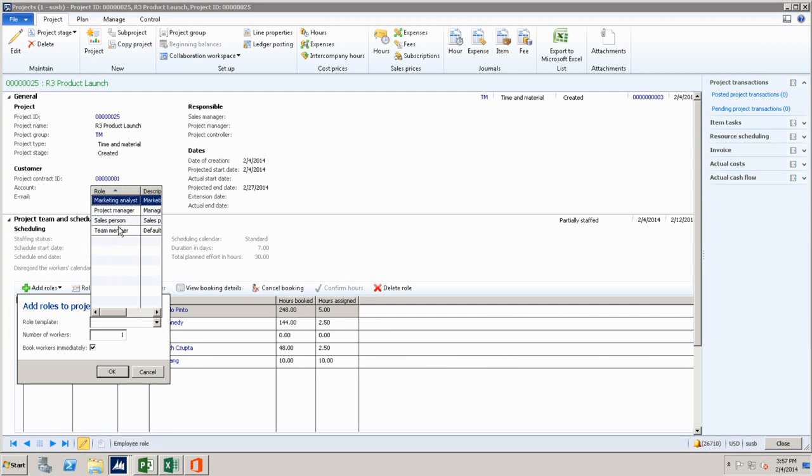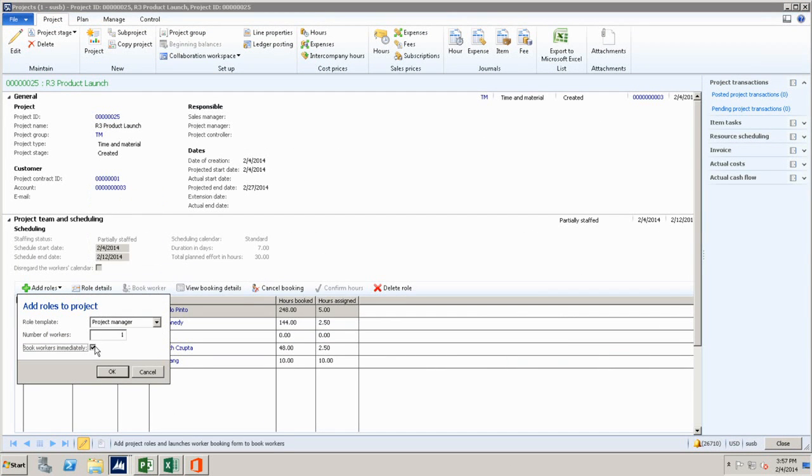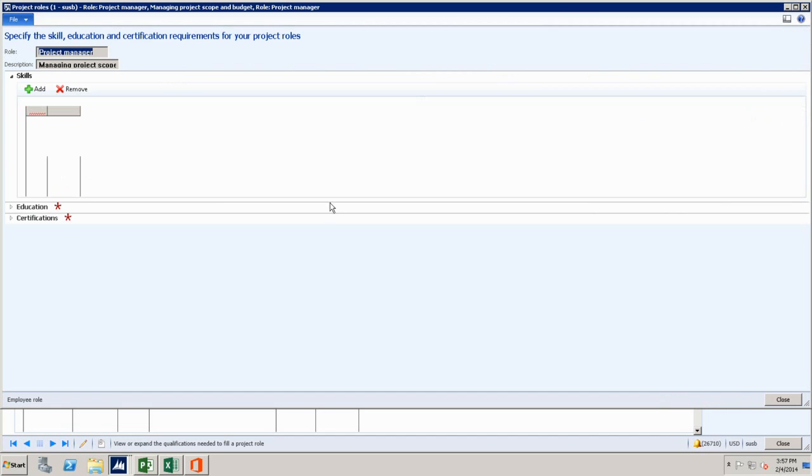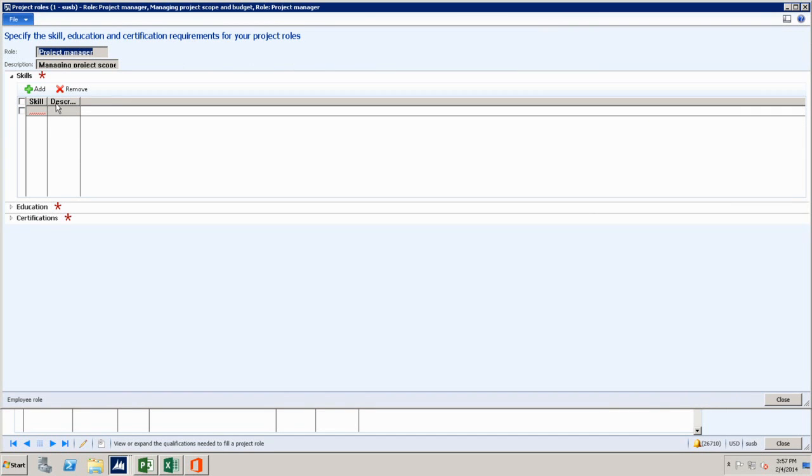Each one of these roles comes with requirements that you can define. For example, for this one, I can go here and define skills that I need, education that I need, and then every time you add them to your team, it's like a template you're using. And on the work breakdown structure, it is the resource requirement that you can templatize, basically. So that's if you're talking about that.